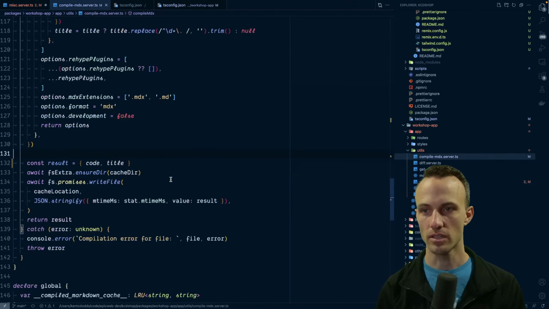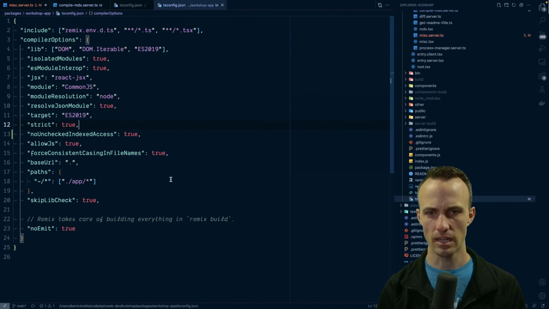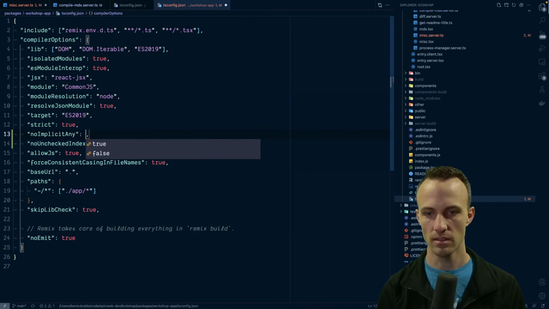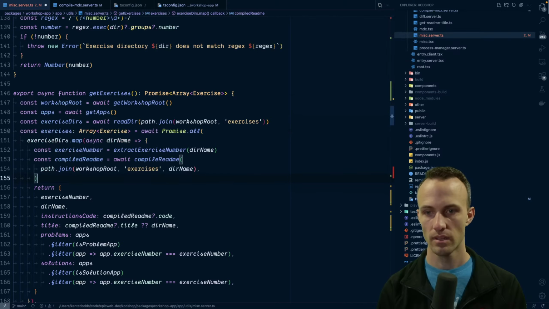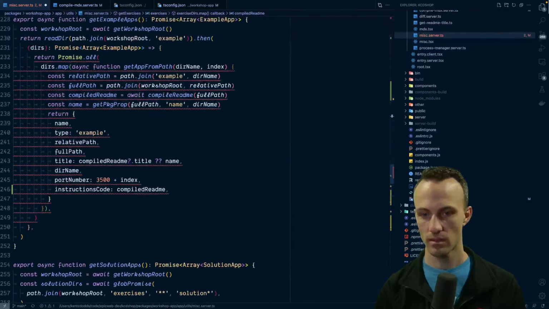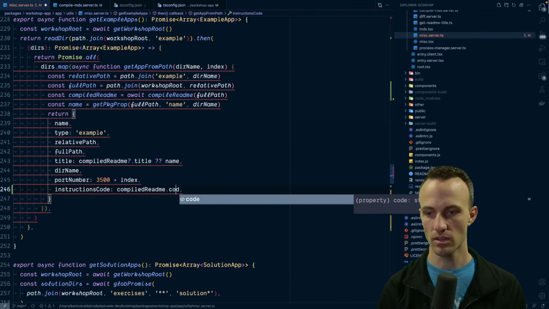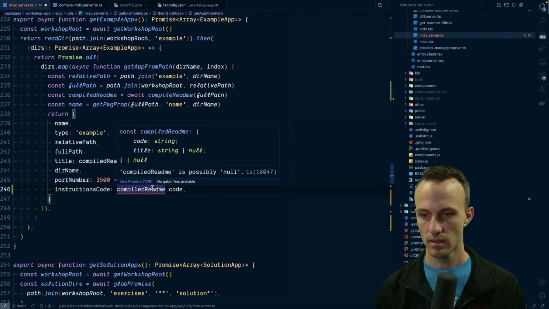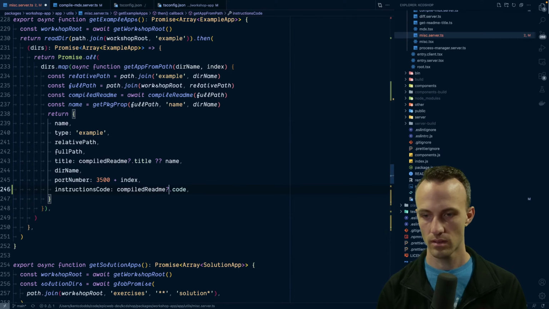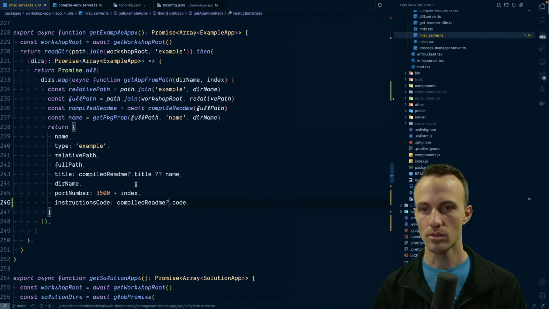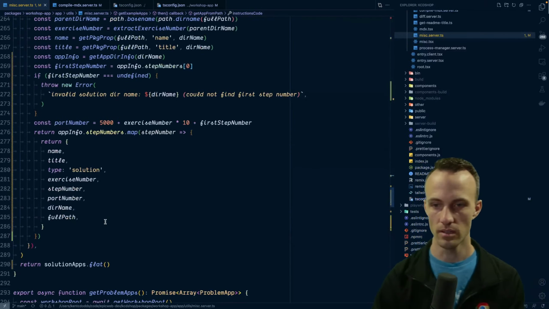I think I should probably turn on no implicit any. I thought I didn't have that. No implicit any: true. Now we're mad. Oh, right. This should be code. Cool. And then down here,